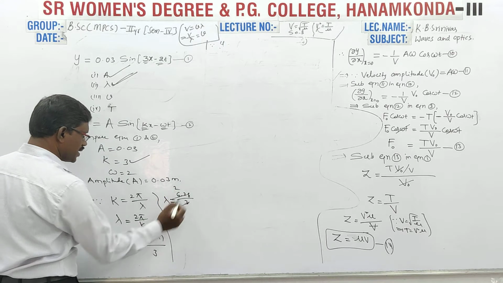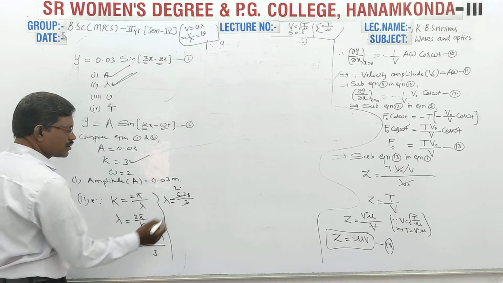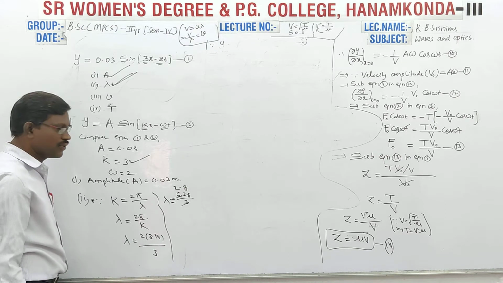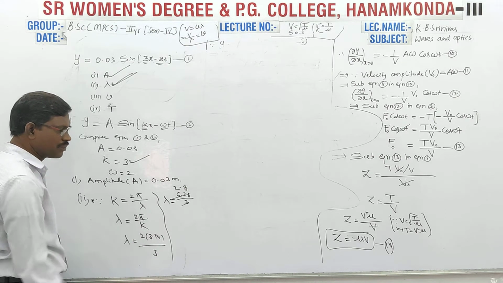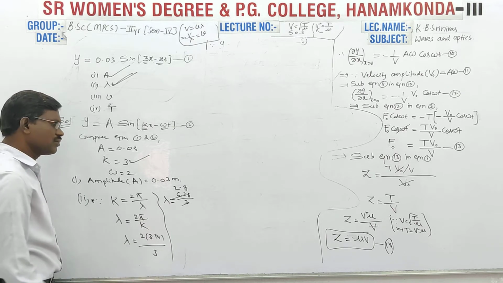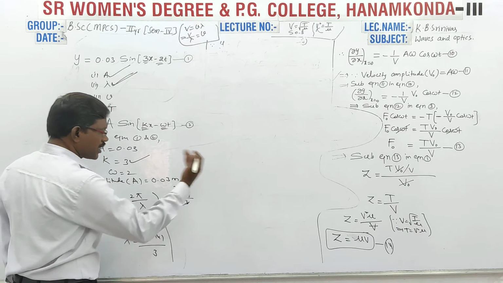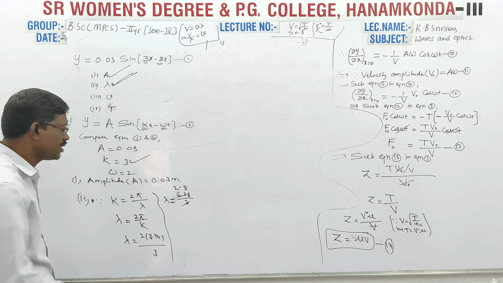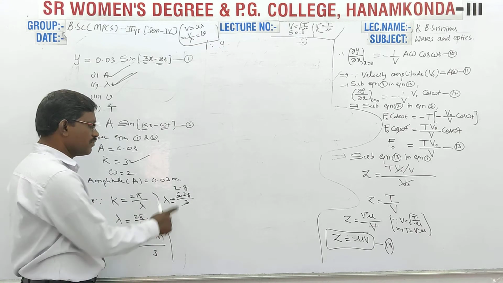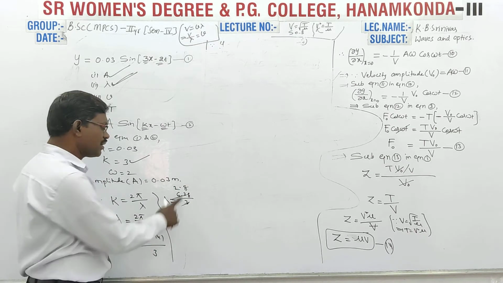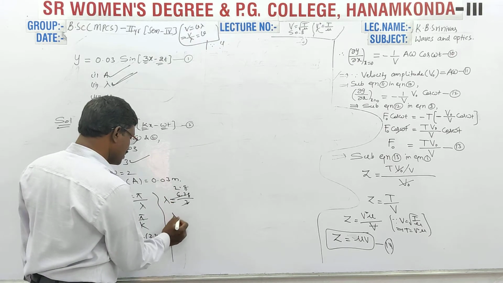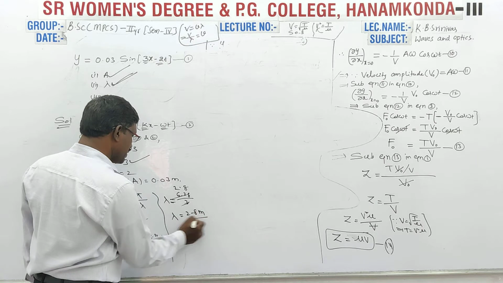3 2s are 6, 3 8s are 24, 4 will be the remainder, put the decimal point, already we have a decimal point, 4 becomes 40. No need to calculate up to the second decimal point, just find the digit after the first decimal point. One digit after the decimal point is enough. So the wavelength of the wave is 2.8 meters, nearly 3 meters.